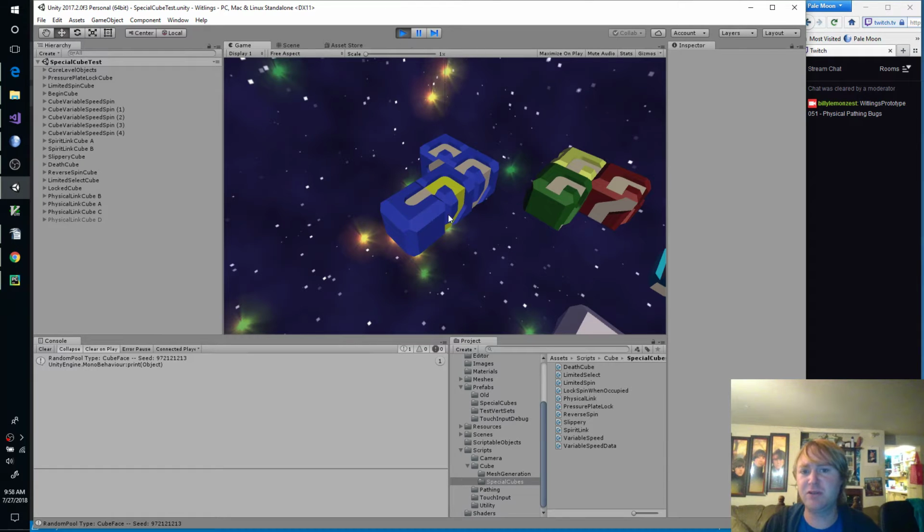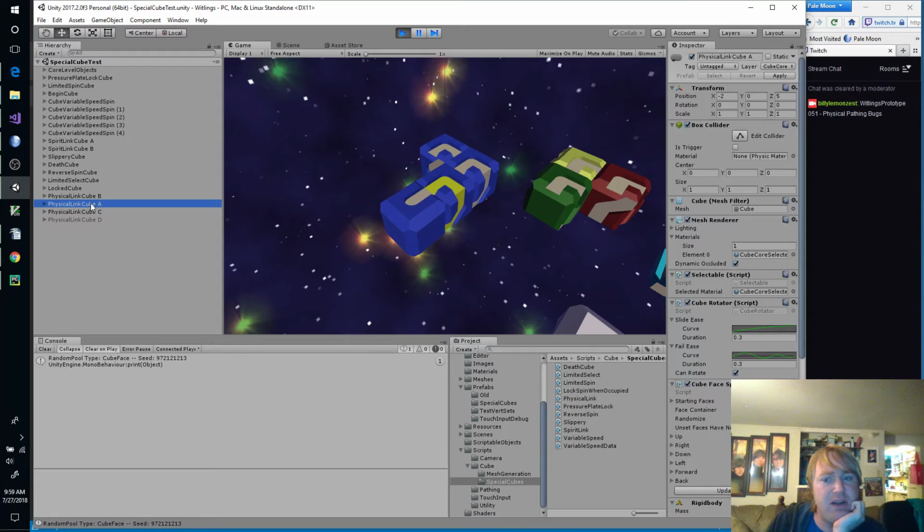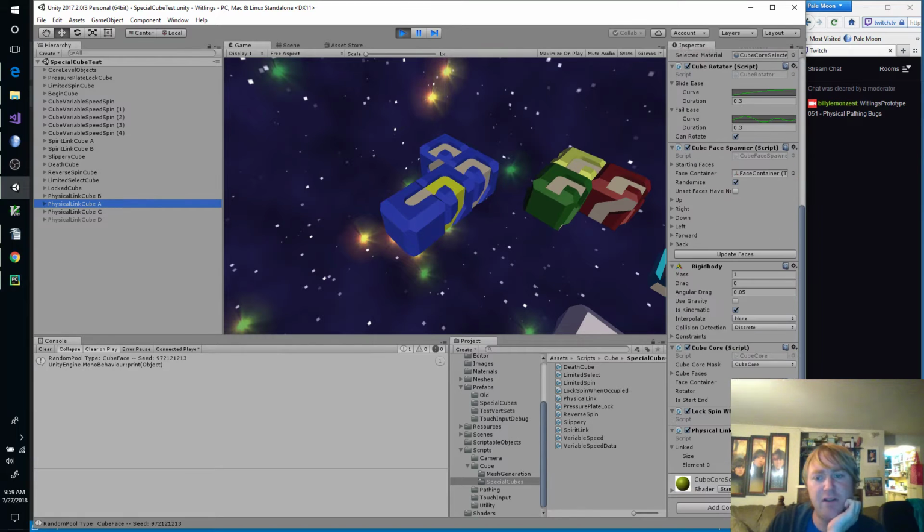Today we're going to be fixing some pathing bugs that are hiding in here. But before I start digging into this, we dug into it a little bit at the end of the last episode, but I have a little bit of a worried feeling that this might not just be a problem with our physical cubes. So I think what I'd like to do is take our cube A,